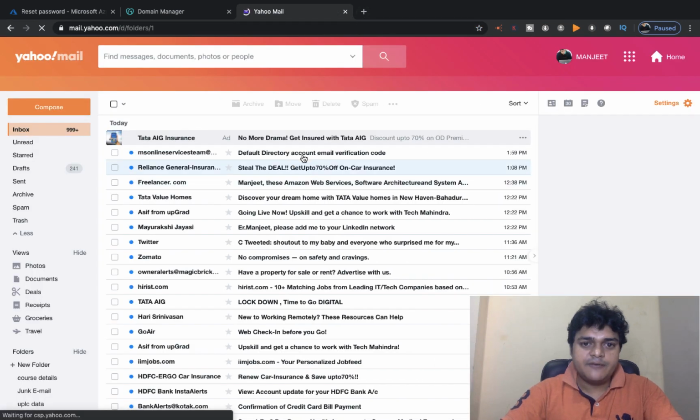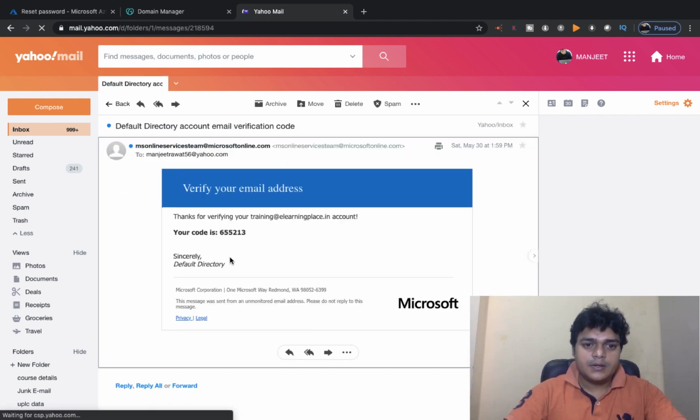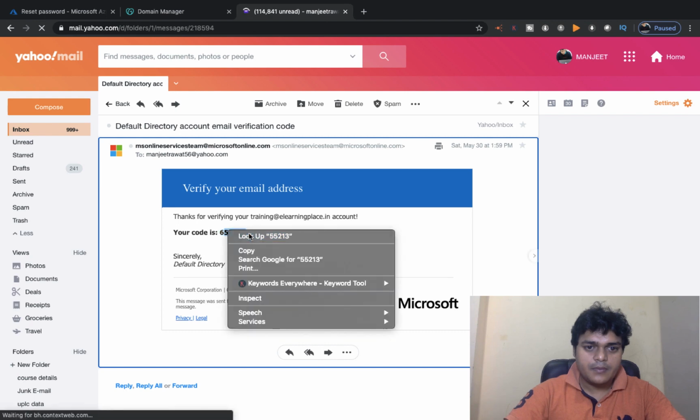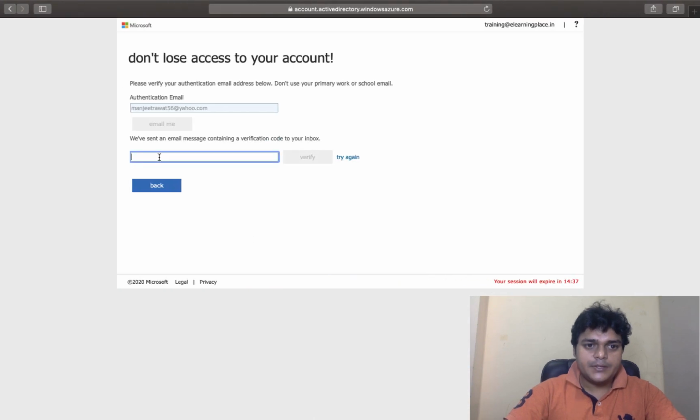Okay, this is the first mail from Microsoft. You need to open it, copy the code, and paste it for the verification.